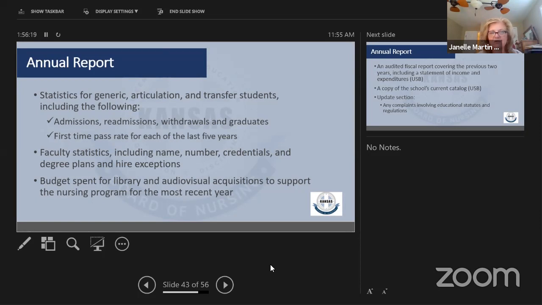So what's really important about those annual reports is that when you put in your faculty, you make sure you have their correct degree, and you make sure that you have indicated whether they're full-time or part-time. And one of the questions that's come up a lot is, what if I have a person, this is especially for our 1+1 folks, or maybe those that have RN completion programs versus pre-licensure programs, where I have a full-time faculty member, but they teach in both programs.